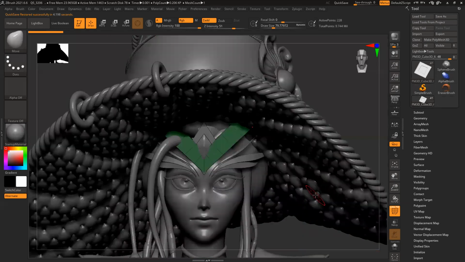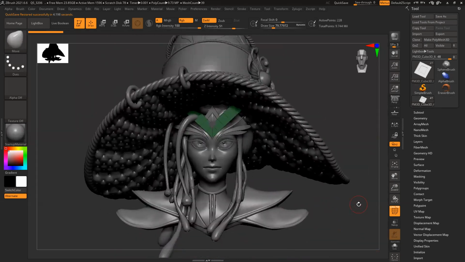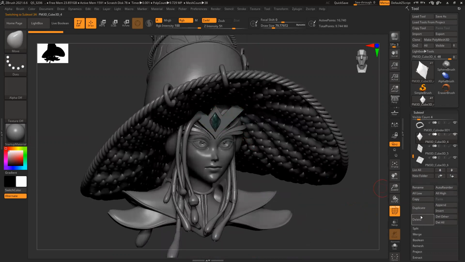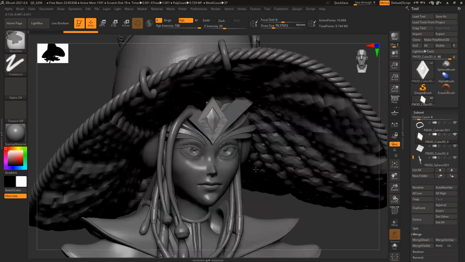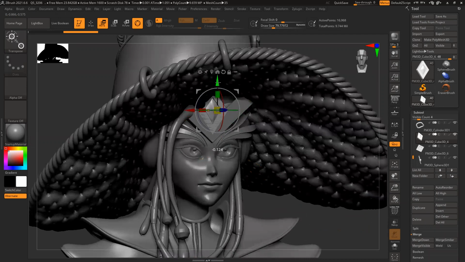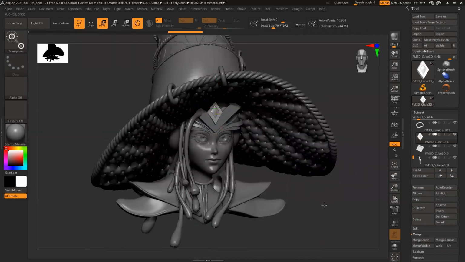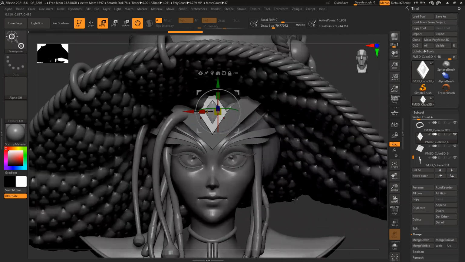Okay, here. Merge down. Slightly small. Slightly elongated.